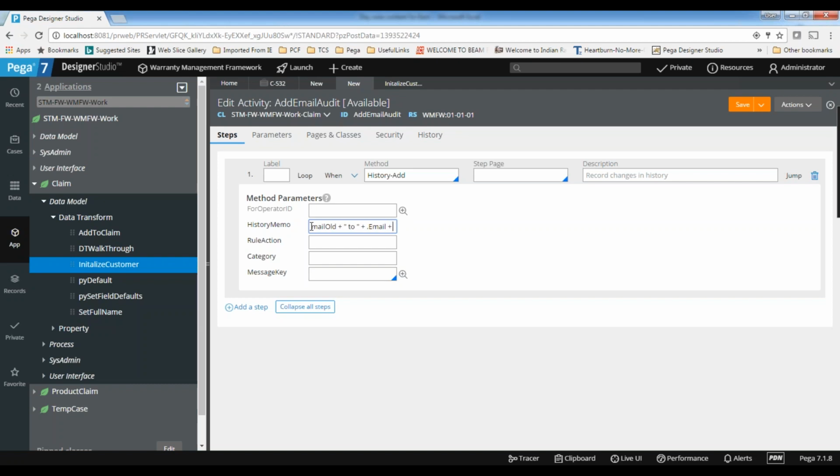So you can add the operator as well, by, you can display the operator name.